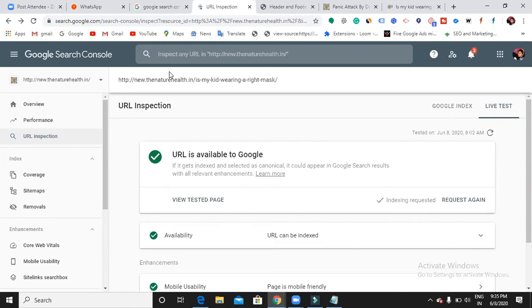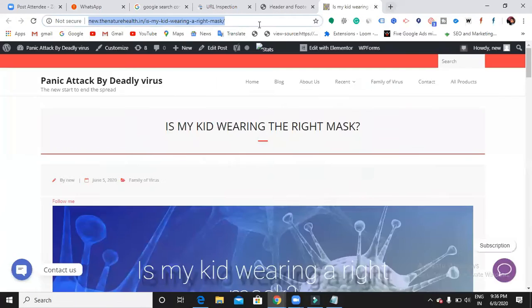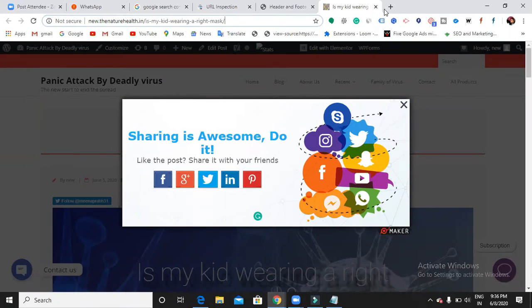Now let's say I want to see the position of my website for a particular keyword. I can see that only when Google has crawled and indexed it. So now I can find out whether Google indexed it or not. Let's say your keyword is: is my kid wearing a right mask?